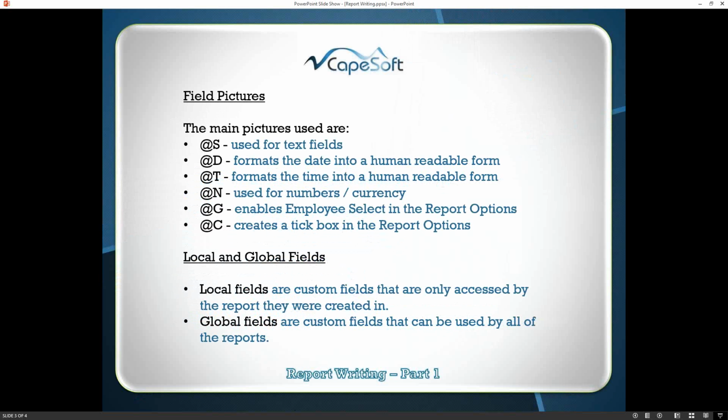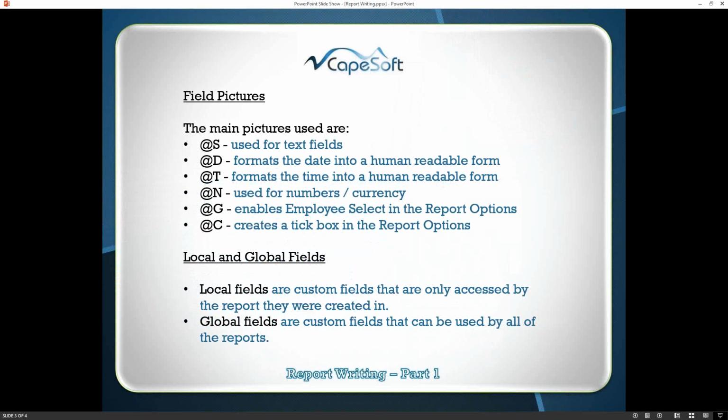The other thing is local and global fields. Local fields are fields that you create that can only be used in that specific report, whereas a global field is one that can be seen and used in multiple reports. It's always recommended that you rather create a local field for the report, so that when you create this field you aren't affecting any other reports. Because if there is, for argument's sake, a global field with the same name, number one, your current report that you're working in will not print accurately, and number two,